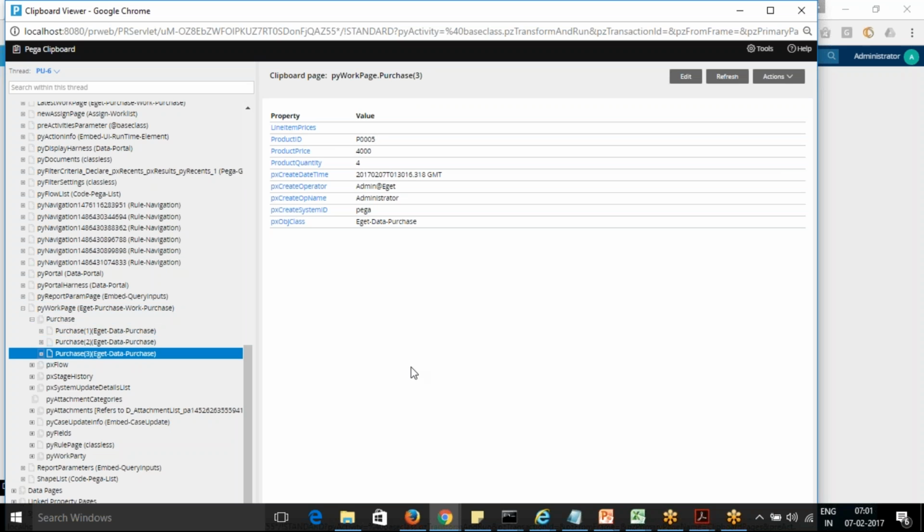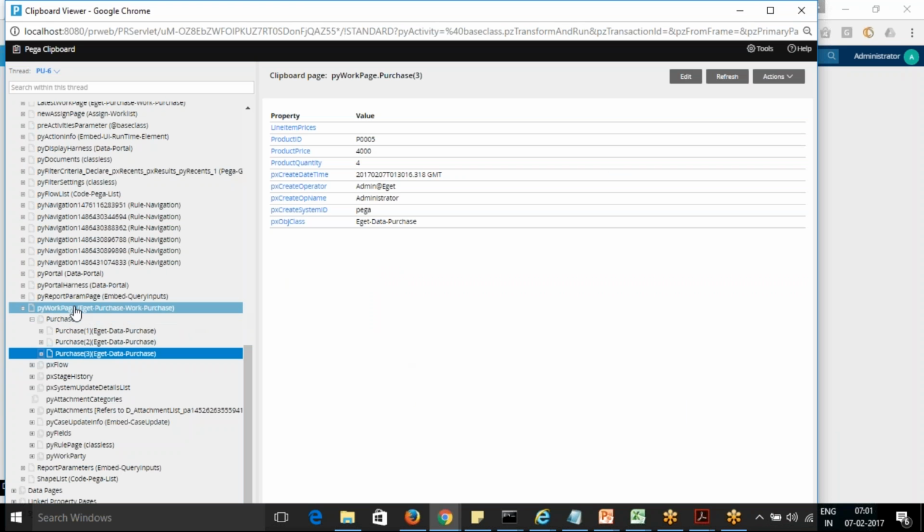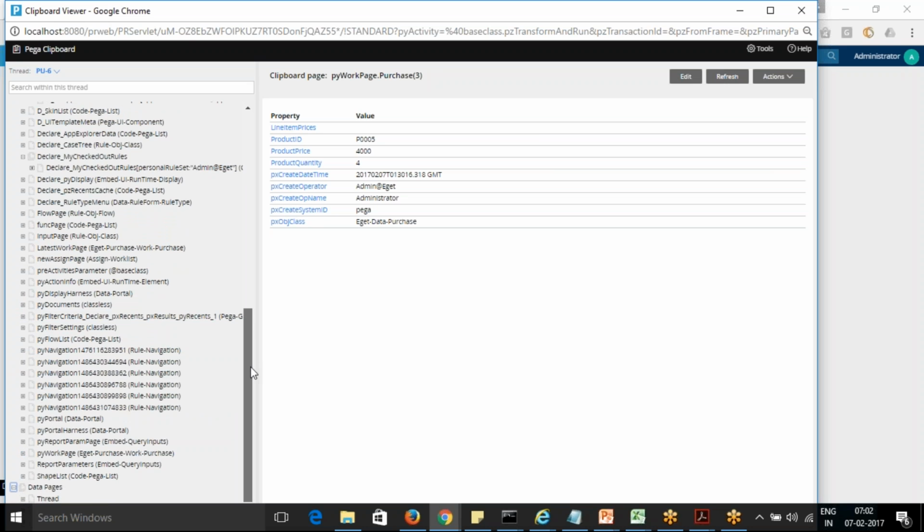Before that, whatever values I added were not saved in that one. But it's not able to get the values as well. Actually, if you see in the data field, do you have any data fields with the products, anything?